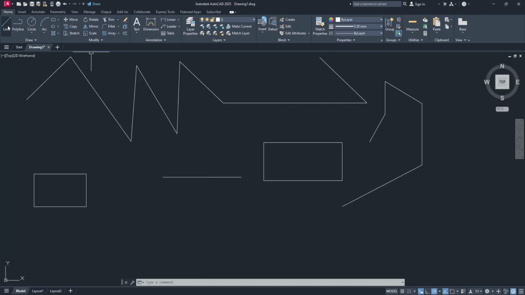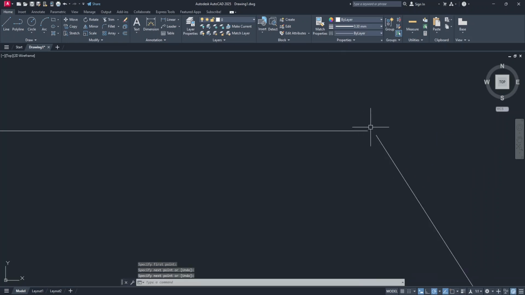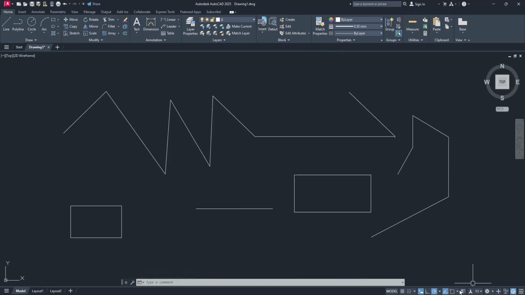You can try however hard you want. Maybe I think I got it. You can even zoom and click and click. If you zoom, you will see they don't meet. Save yourself the trouble and turn on